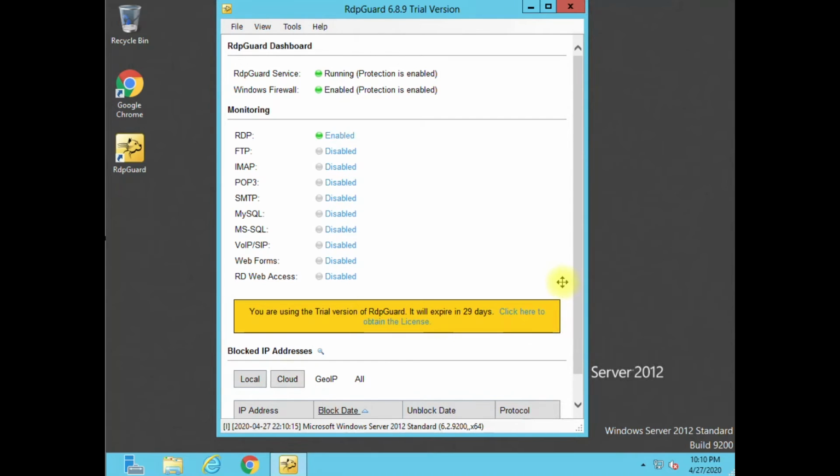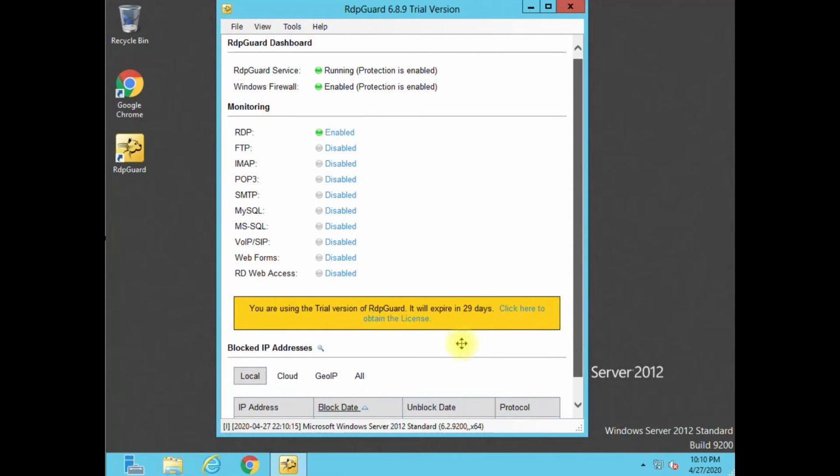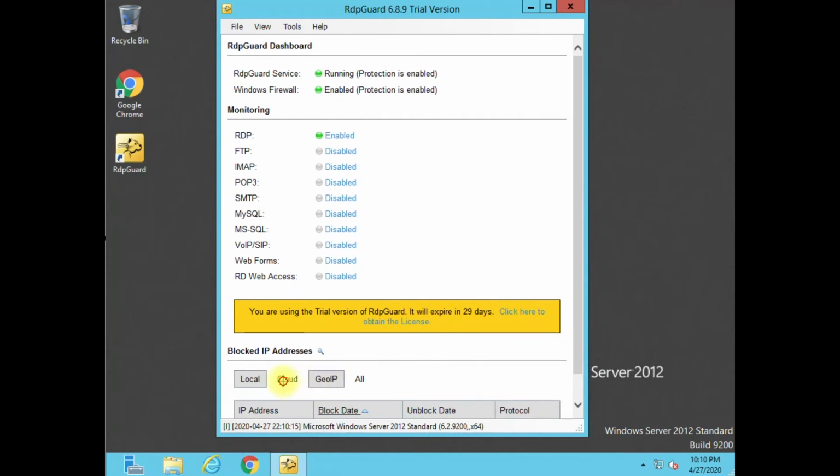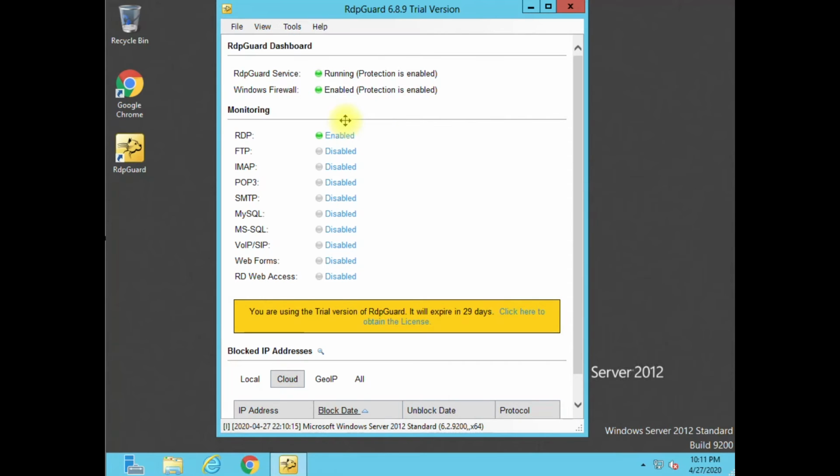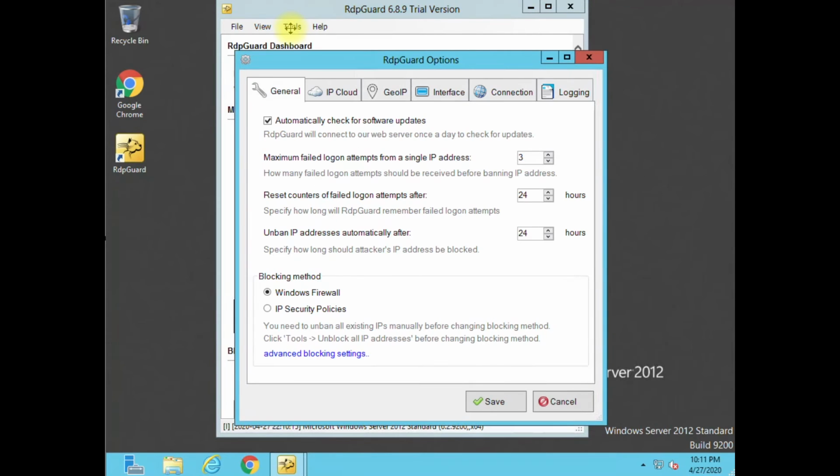And they actually have a lot of cool options now. It's called GeoIP, so in the cloud. So if they detect a lot of IPs that are doing brute force attacks, it'll actually sync to your RDP Guard. So it just gives you that much more protection with already blacklisted IPs, which is a nice option that they have. So to configure this, go to Tools, Options, and see this right here, automatically check for software